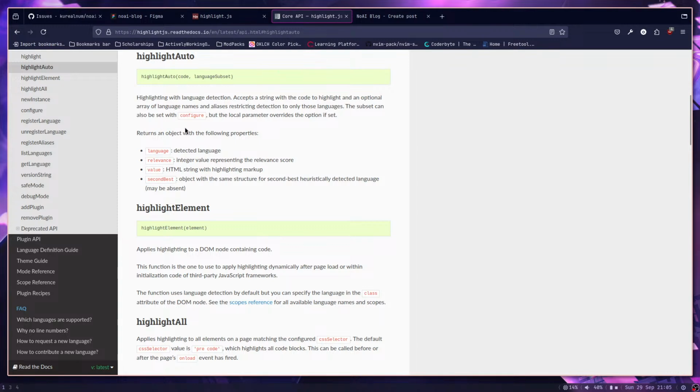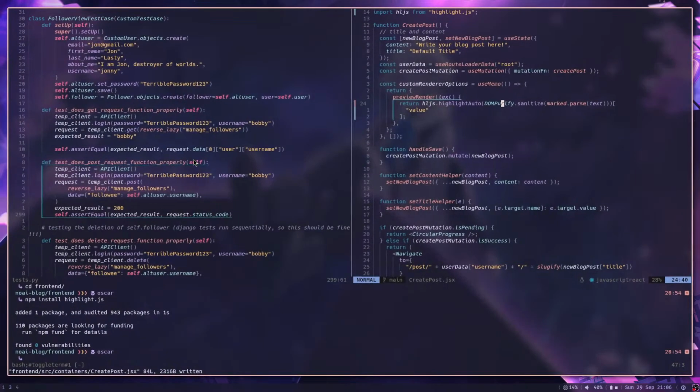Oh, I could just read the docs. That makes sense. So we have value, relevance, second best, and language. So am I not calling the correct thing? Because